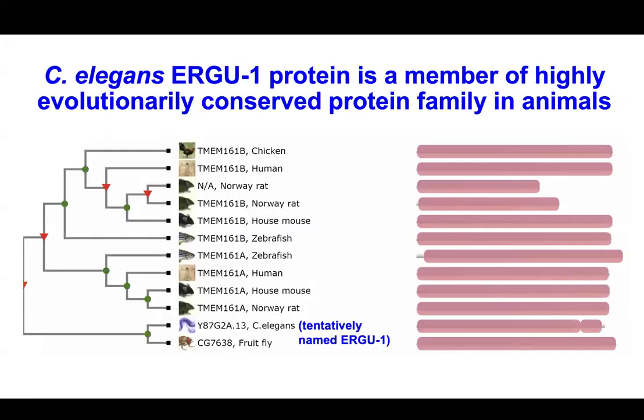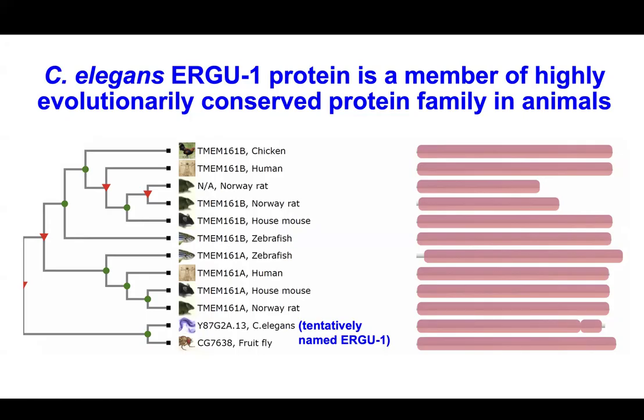And so, in terms of evolutionary conservation, we found that this is actually a protein that has not been extensively studied at all in the literature. And the C. elegans homolog had never been studied before. And so if you search for homologs in other organisms, you can see the